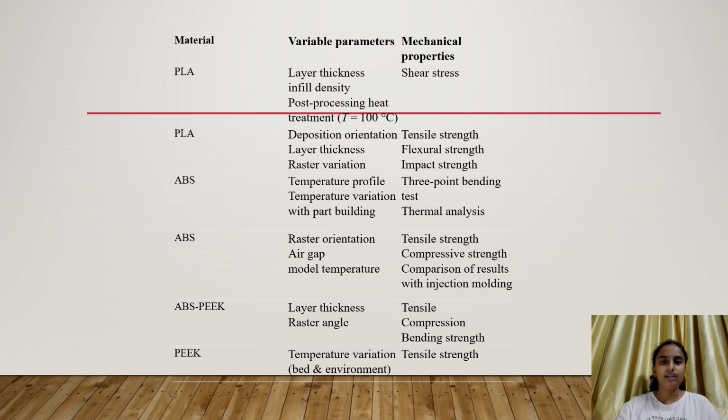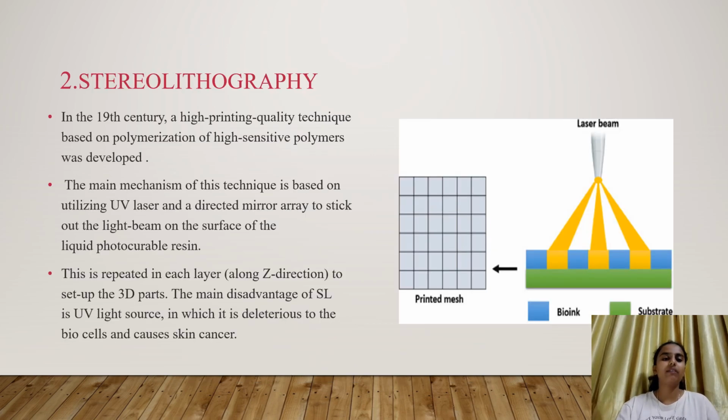Material APPS, variable parameters or temperature profile, temperature variations, chemical properties or 3 point bending test, thermal analysis. Material peak, temperature variations, chemical properties or mechanical properties or tensile comparison, tensile strength. Second one is